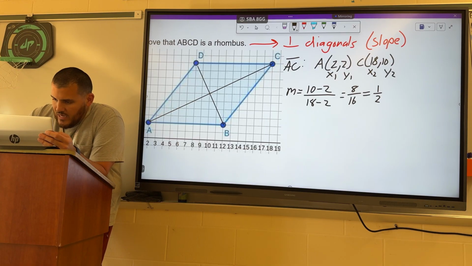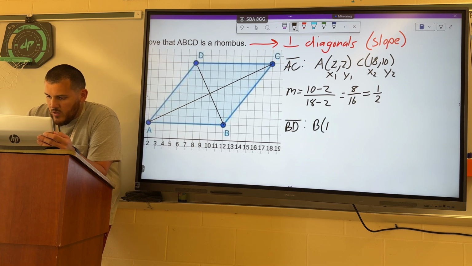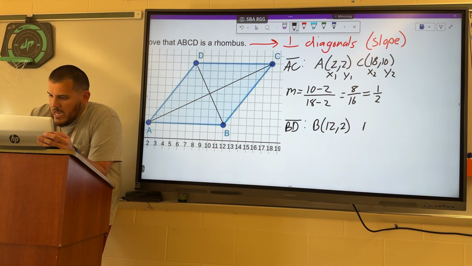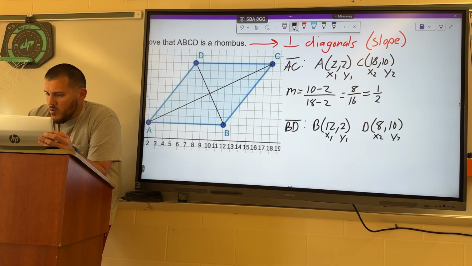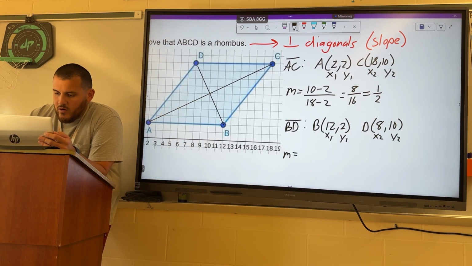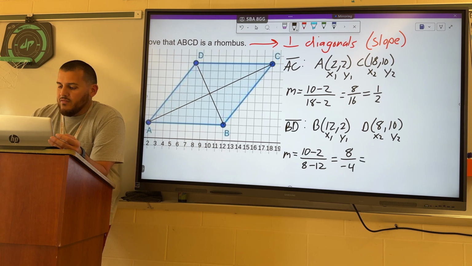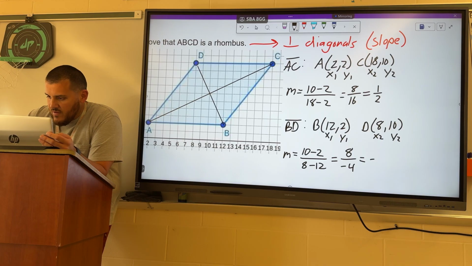We're going to do the same thing for the other diagonal. So we're going to do this for BD. Again, I'm going to stay organized. Point B is located at 12, 2. And point D is located at 8, 10. Again, we're going to label x1, y1, x2, y2, and we're going to plug these into our slope formula. So y2 minus y1, 10 minus 2, over x2 minus x1, 8 minus 12. 10 minus 2 is 8. 8 minus 12 is negative 4. 8 divided by negative 4 would give me negative 2, which I'm going to leave as negative 2 over 1